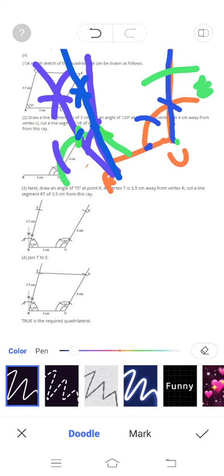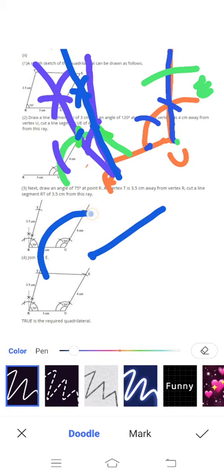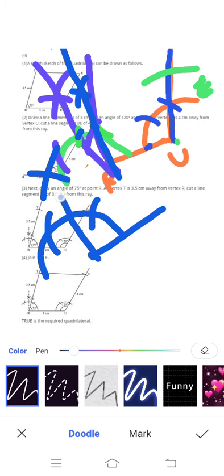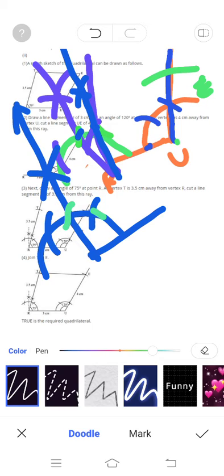So first you can take any ray, draw a semicircle, mark the arcs here. Then you will be drawing two arcs here. This will be 90 degrees, and with these two intersecting points, measure that radius. With these two intersecting points as the centers, you just draw two arcs. This will give you 75 degrees. Okay, so we have drawn 75 degrees.